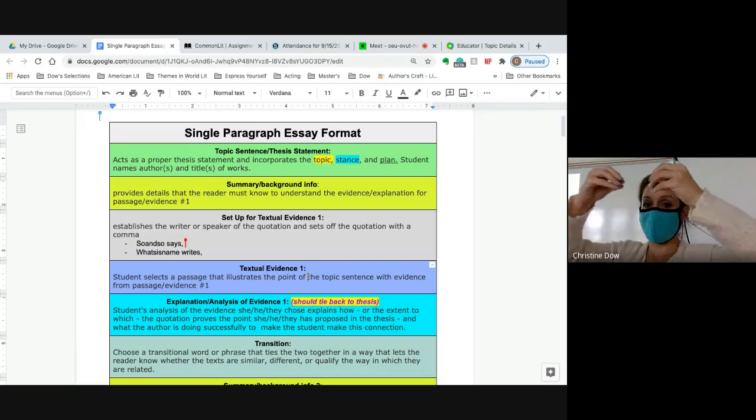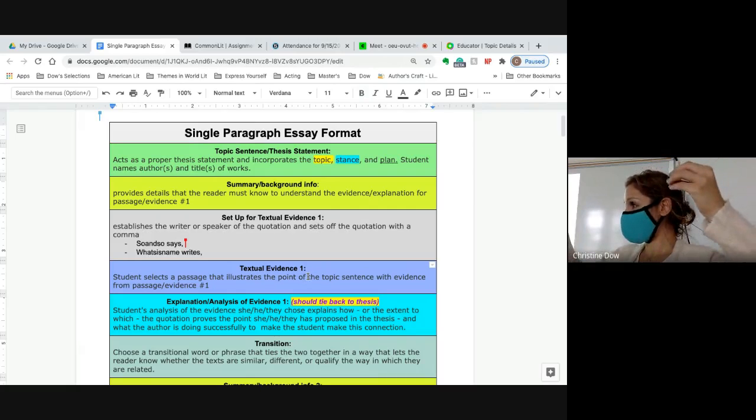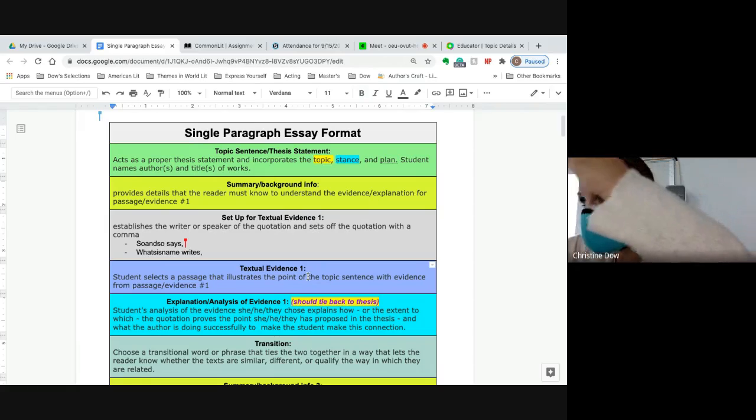So the summary background gives us a context for the writing, the context for exactly where in the writing we're talking about. And it's almost like it has a little arrow that points down to the setup for textual evidence, right? The summary background is going to narrow us down to the setup for the textual evidence, which could literally be Salinger writes, comma, open quotation marks. And then your setup for your textual evidence literally goes right into exactly that textual evidence.